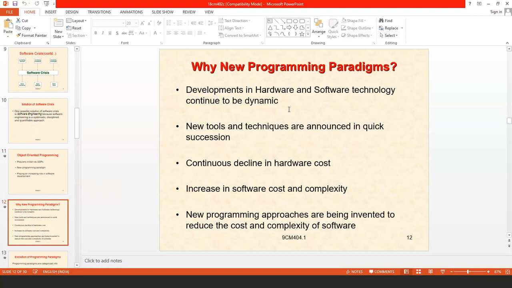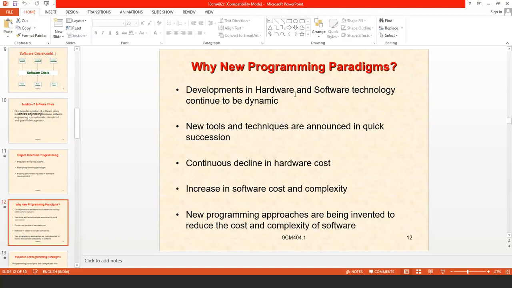Like that, previously we had conventional programming languages, but day to day, as the complexity of software and hardware is increasing, we need to adopt new programming paradigms. Likewise, in programming languages also, we need to go for new programming paradigms, right?